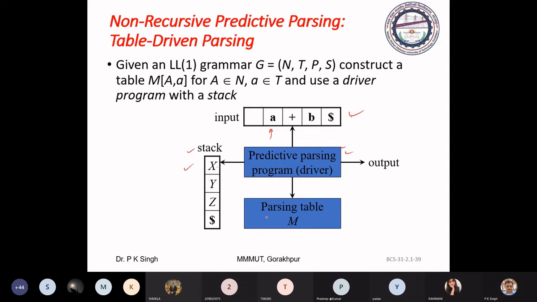If the current input symbol and top of stack are both dollar, it is successful completion of the parsing.